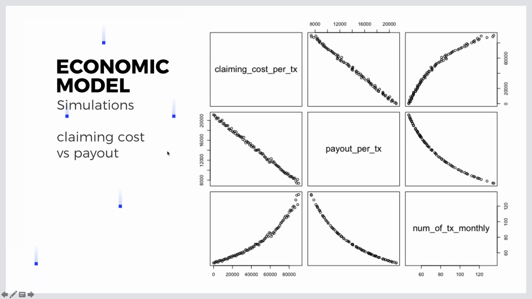Another thing that makes us think about improvements for the scheduling protocols is the claiming cost, which is something that we as developers try to make as low as possible. That depends on the smart contract implementation, and it obviously negatively influences the payout, because